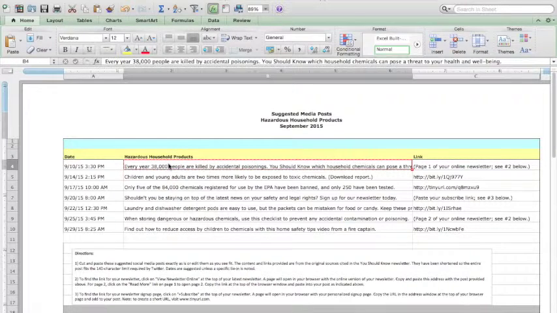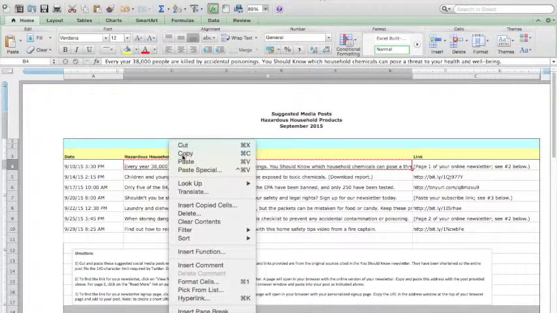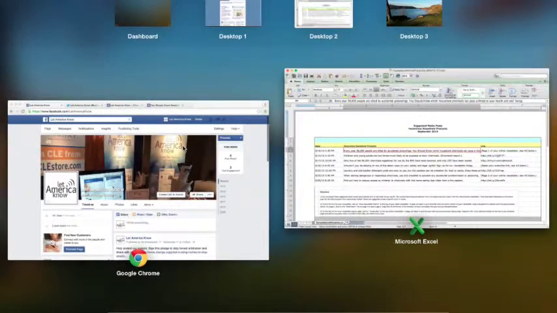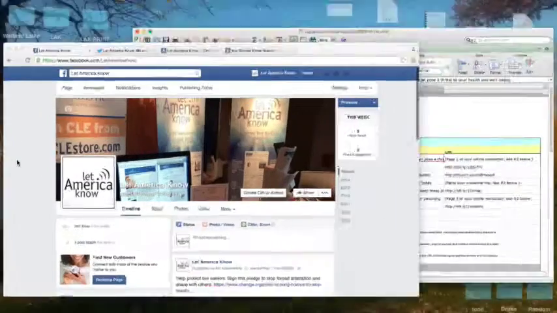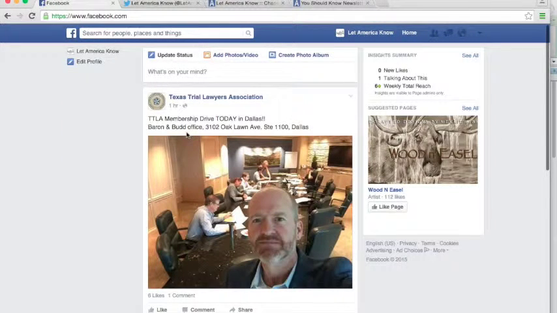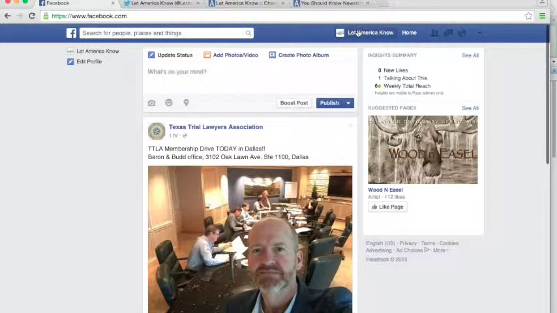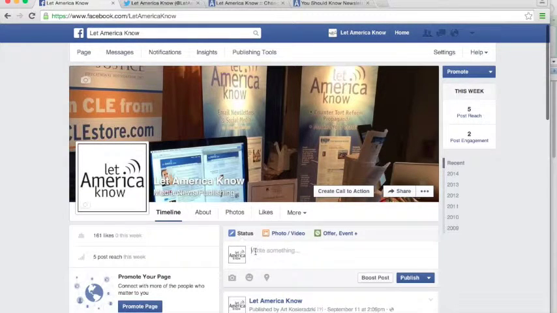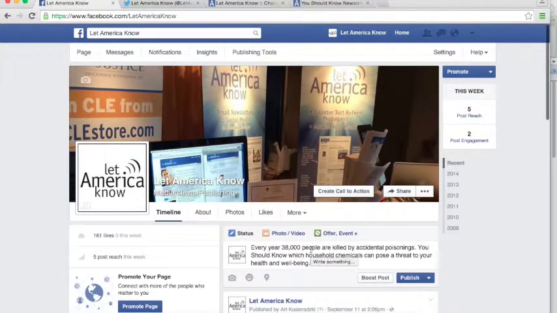by right-clicking. You'll select copy, and then we'll go back over to our Facebook or Twitter or LinkedIn pages. So to post on your page, you'll either go to your business's profile page, or you can post right from the news feed on Facebook in this section. For this example, I'm going to post from the home page for our Let America Know. So you click here. We're going to paste our content in, and then below that,